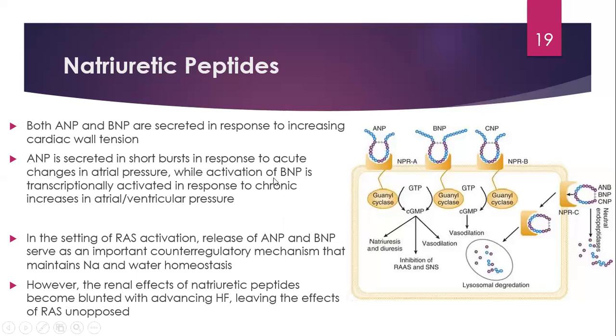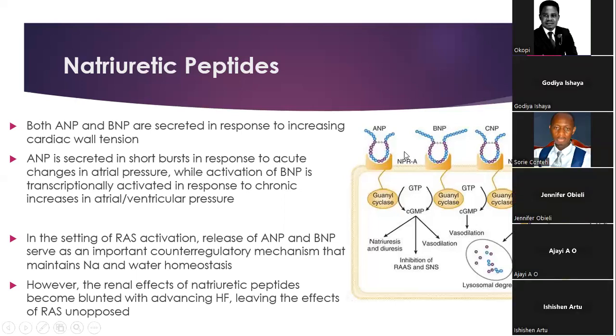Fantastic. All right. So as I was saying, there are three types of natriuretic peptide receptors. ANP and BNP exert their effect through natriuretic peptide receptor A, and the receptors are G protein linked receptors. When they are activated, they result in natriuresis and diuresis, as we said, vasodilatation, and they inhibit